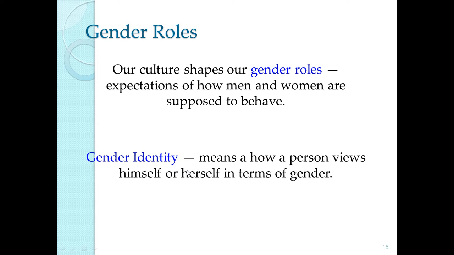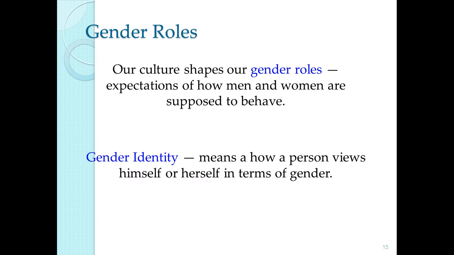So I very much view myself as a woman. There are women out there that view themselves as a man. There are men out there that view themselves as men, and men out there that view themselves as women. And this is a completely separate area from homosexuality. There are women that view themselves as women but are attracted to women. So that's very different. What I'm talking about here is how you view yourself as a person in terms of your own gender. And that is heavily impacted by your experiences, but also by your genetic makeup.